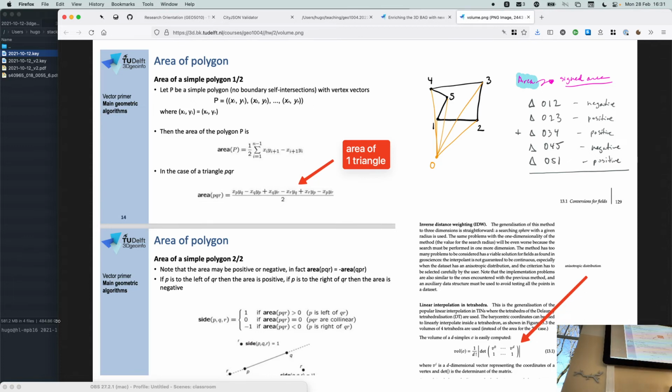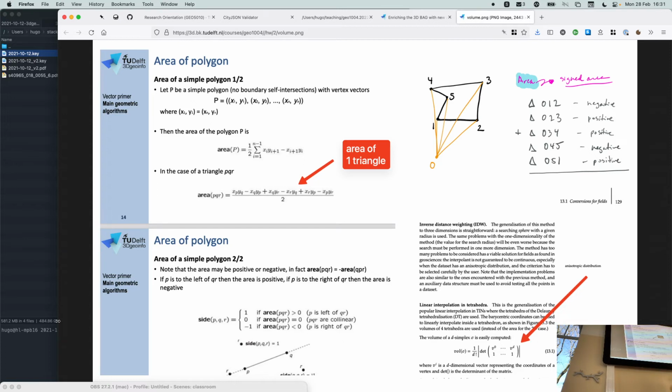All these triangles have an area, and if you remember, to calculate the area is the determinant of a matrix. That's what it says there. And if it's counterclockwise, it's going to be negative, I think, depending on how you do it.